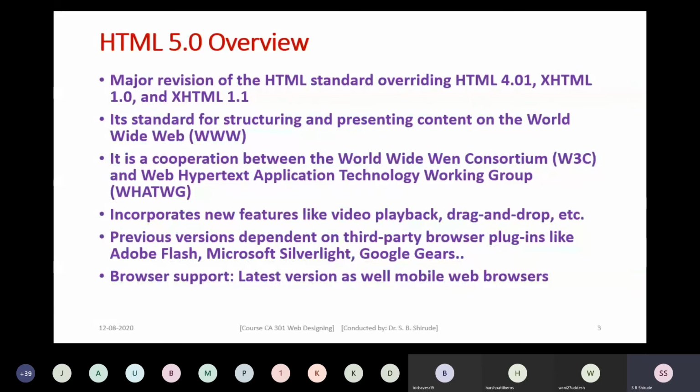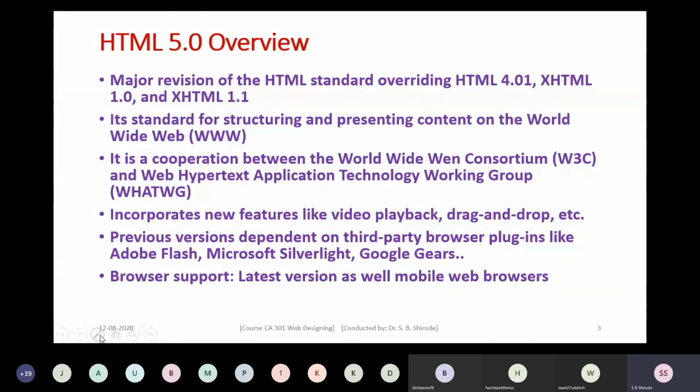So there is no need to have those plugins present on our machine when we are viewing audios or videos by using HTML 5.0. HTML 5.0 supports the latest versions of all browsers, as well as the mobile web browsers which are pre-installed with the latest Android operating systems.